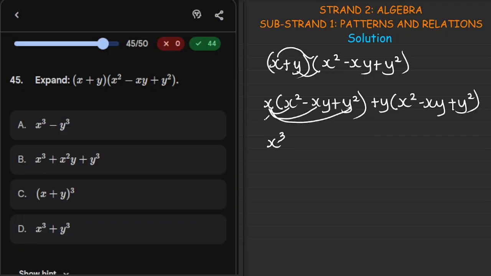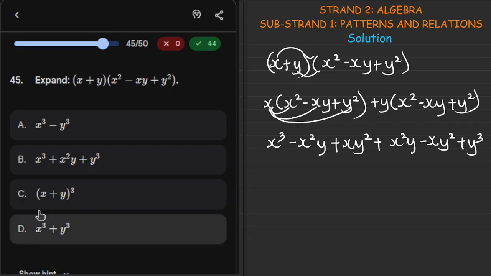x times x gives us x cubed. Then x times negative xy gives us a negative x squared y. Then x times y squared gives us an xy squared. For the other hand, we have a positive x squared y. Then y times negative xy gives us a negative xy squared. Then y times this as well gives us what? A y to the power 3. So we have,